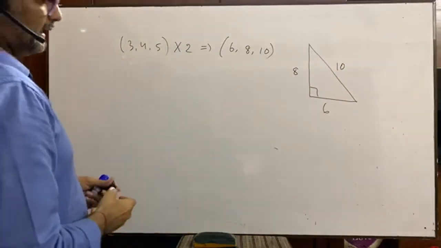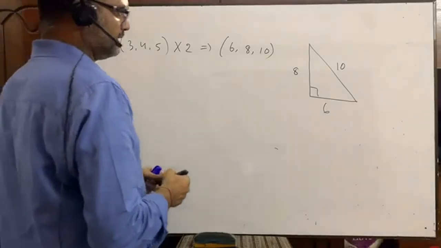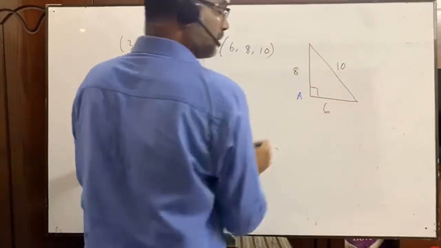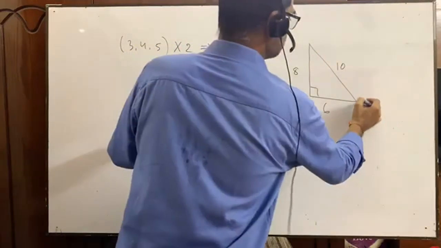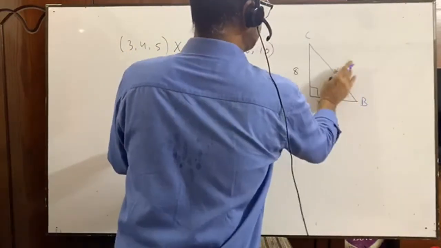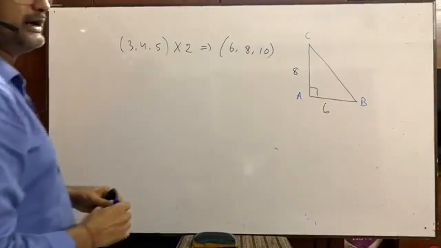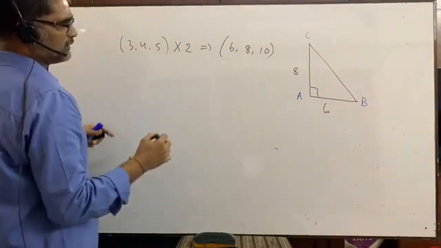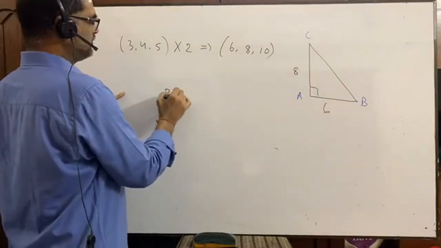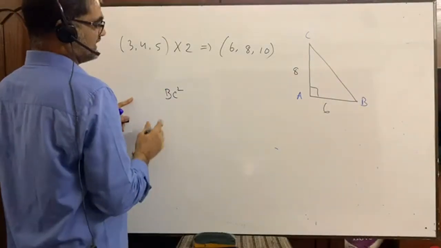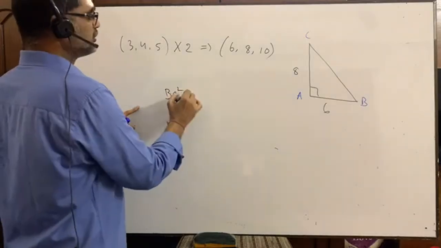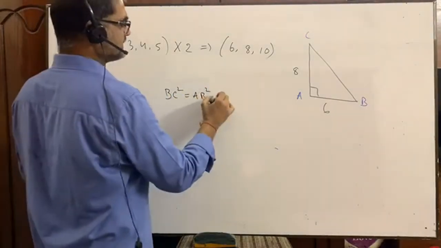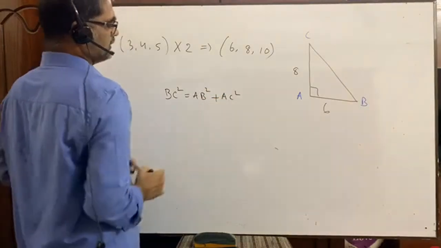Okay, and there is a way to determine this value. Suppose to determine the length, suppose this is ABC, and this 10 is not given. Can you tell me what is the Pythagoras theorem here? The Pythagoras theorem is here, BC square is equal to what? That is hypotenuse square is equal to AB square plus AC square. Is it? So what is AB?